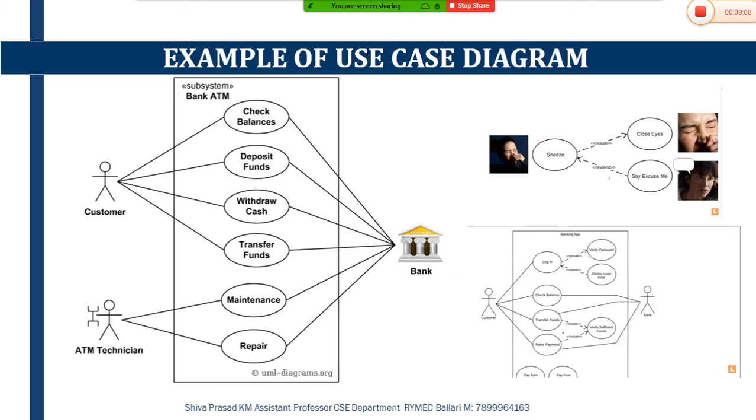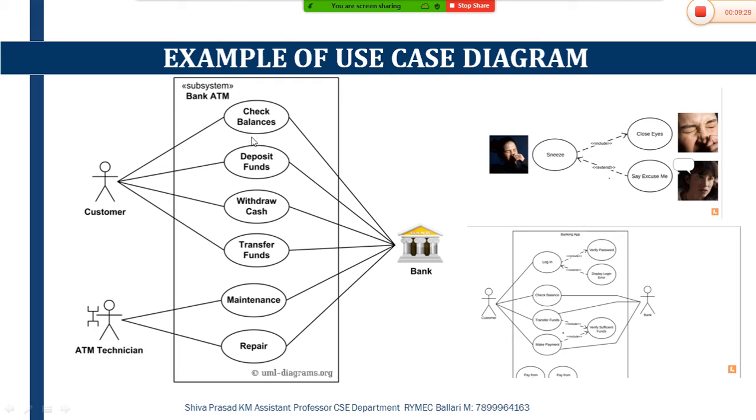So as soon as they check that unique identification number, if it is correct, then they will reflect back to the customer saying, enter your password. As soon as the user enters the password, that input will go back to the bank, asking whether the input given in the form of a password by the customer is valid or not valid. So again, if it is valid, then it will go back to the customer.